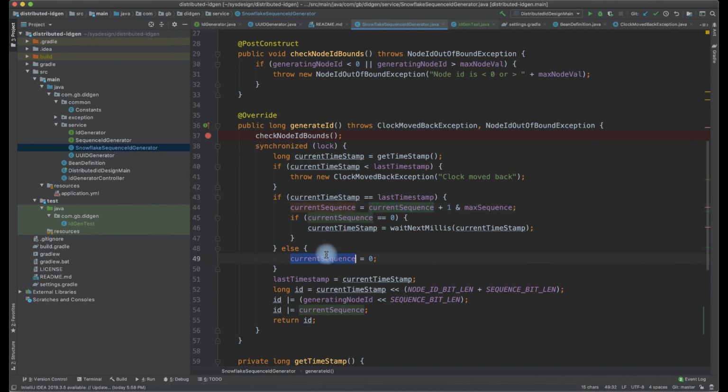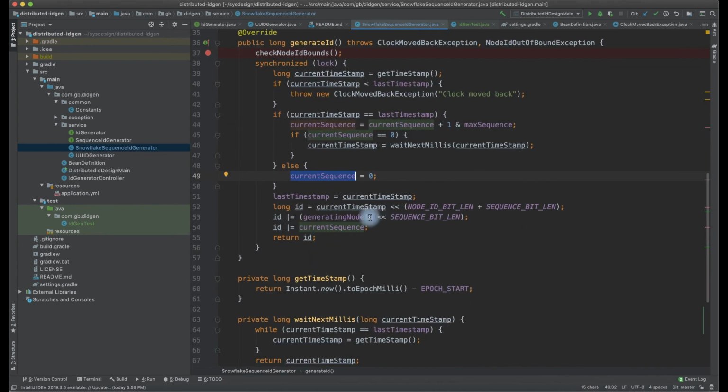Otherwise, we set the current sequence to 0. Now we place the current timestamp in the first 41 bits. Next, we place the generating node ID in the 10 bits, and the sequence ID in the last few bits. So this would be the result of the total ID.